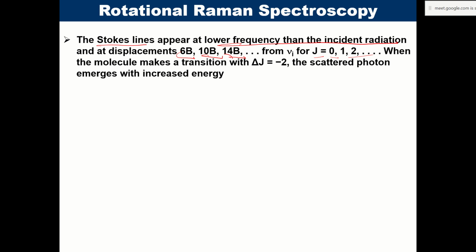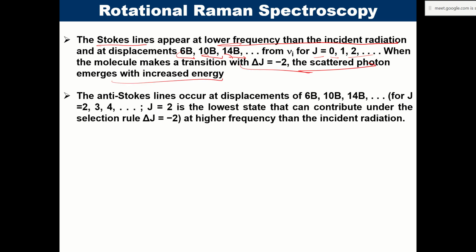Stokes line: lower energy for the photons. Anti-Stokes line: the scattered photons will have higher energy and there will be de-excitation. And anti-Stokes lines will occur at displacements of